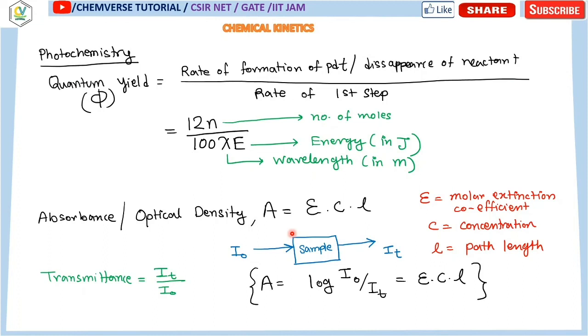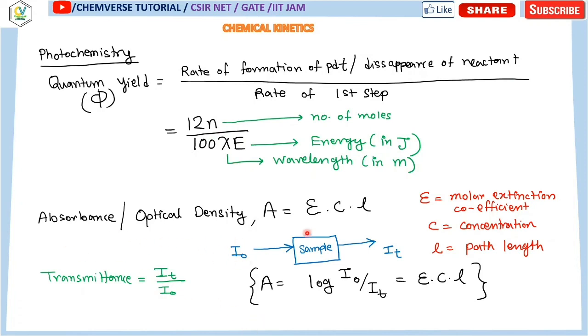Now over here it's basic photochemistry, and in this case you can find the expression for the quantum yield, which is basically the rate of the reaction divided by the rate of the first step, and you can easily determine it with the help of number of moles of reactant, energy in joules and the wavelength provided in meters. You can find the question in the exam where the number of moles will be given, energy will be given, wavelength will be given. Now you just have to change the units into this form and put them in the formula. You can easily find what will be the value of the quantum yield.